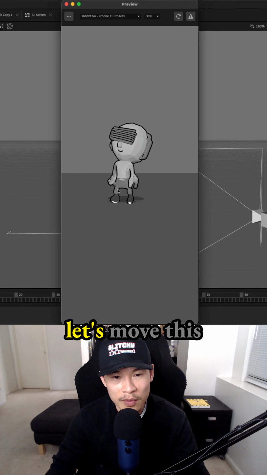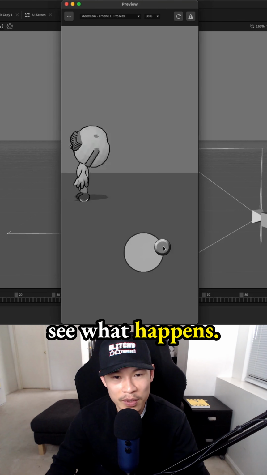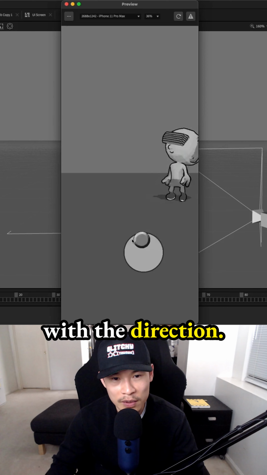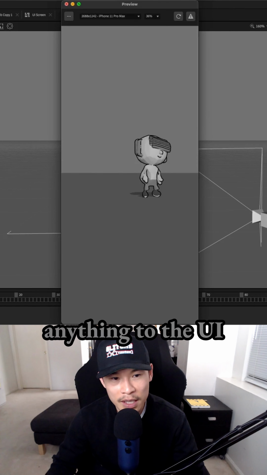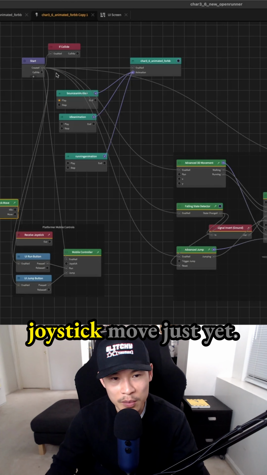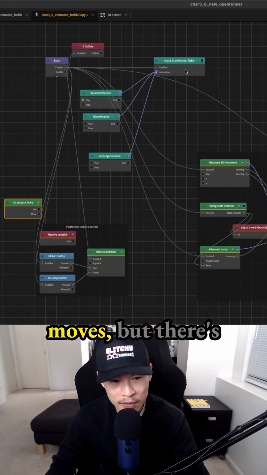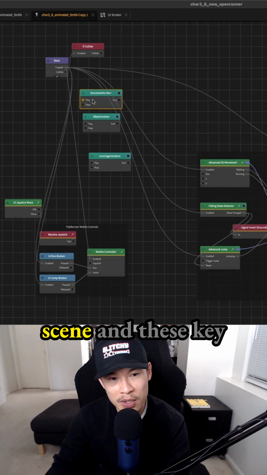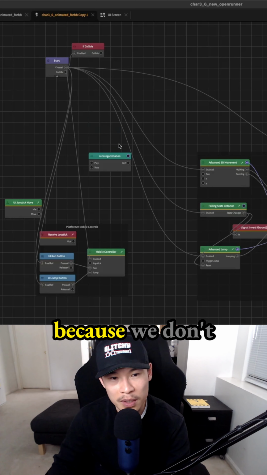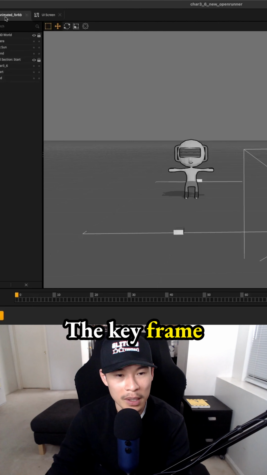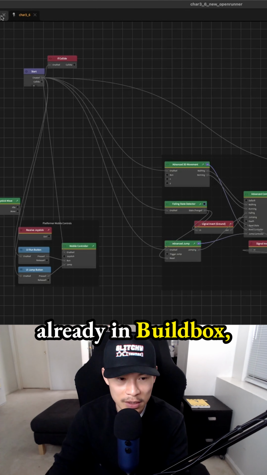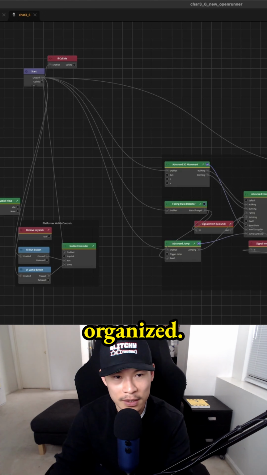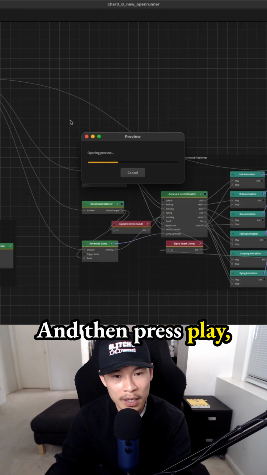Press play, and let's move this joystick around to see what happens. So the character moves around, but the animations don't play correctly with the direction. That's because we didn't connect anything to the UI joystick move just yet. So the joystick moves, but there's no animation because nothing's connected just yet. And I delete the old subscene and these keyframe animations because we don't need it anymore. The keyframe animations are already in Buildbox, so we just need to keep everything simplified and organized. That's why I deleted that. And then press play, move it around,